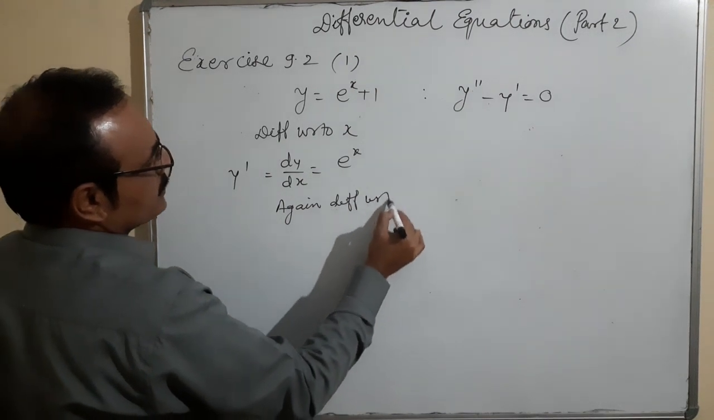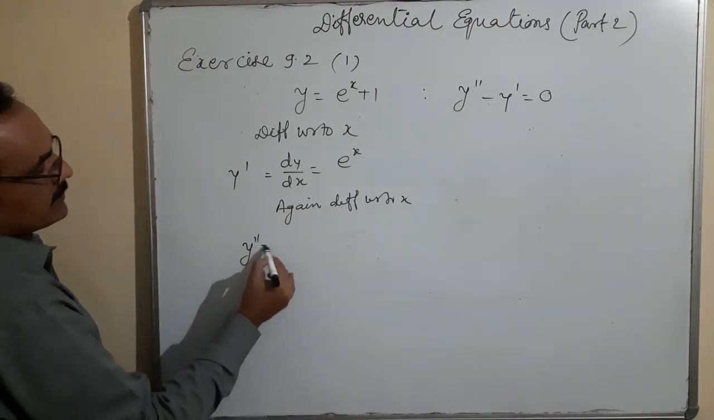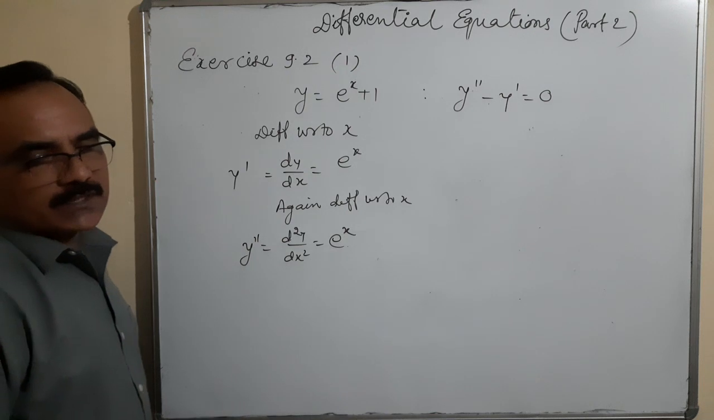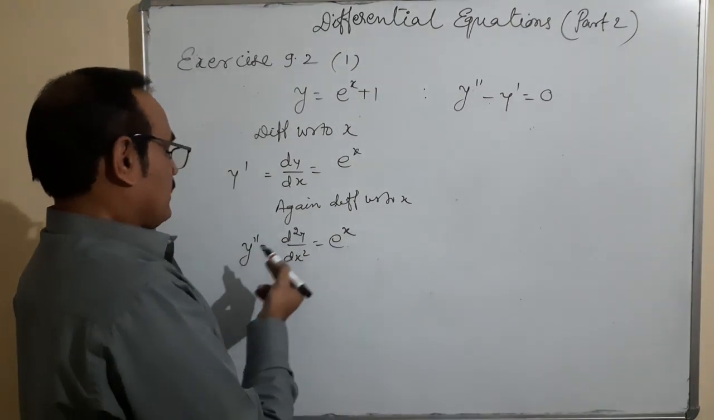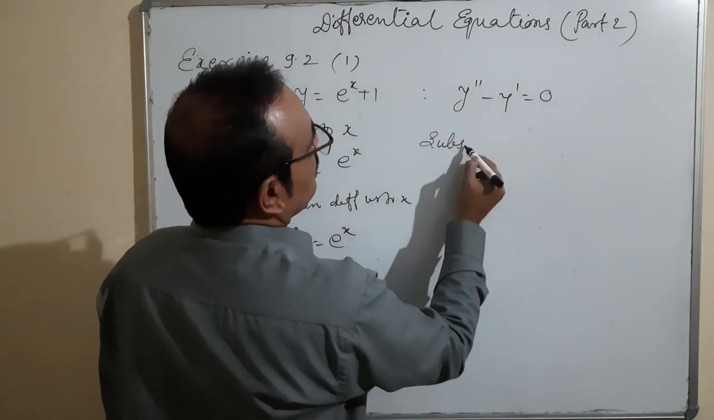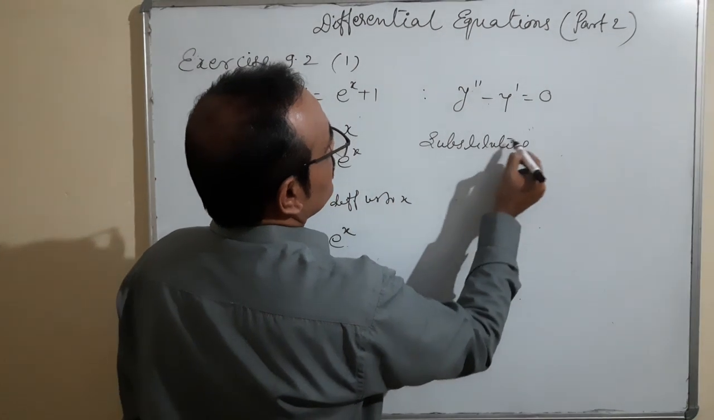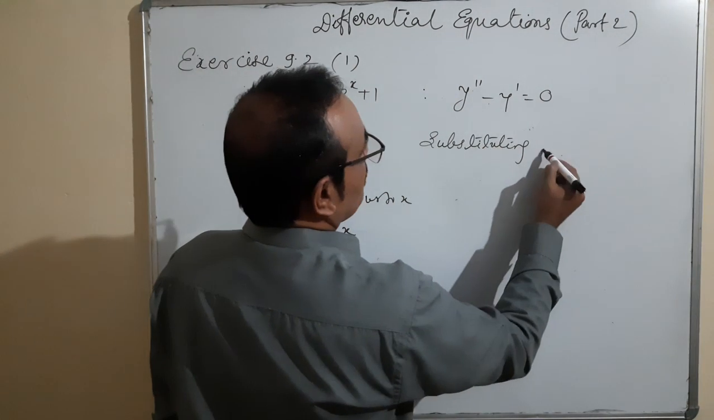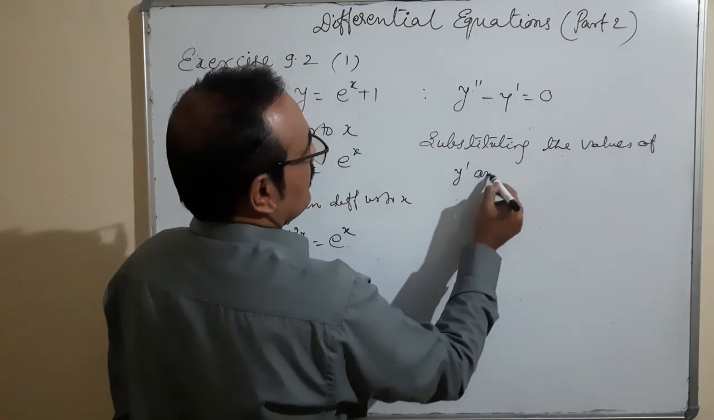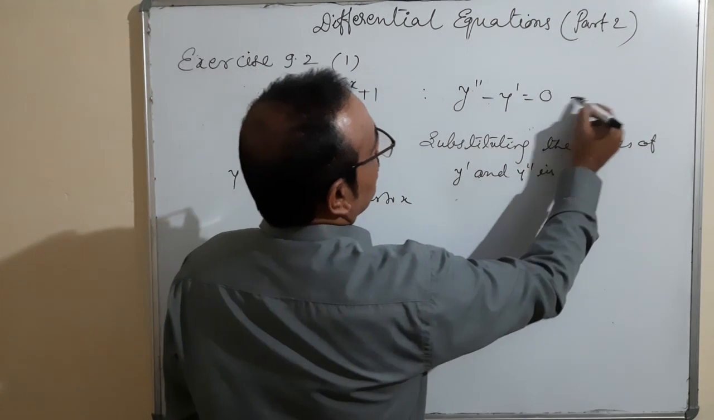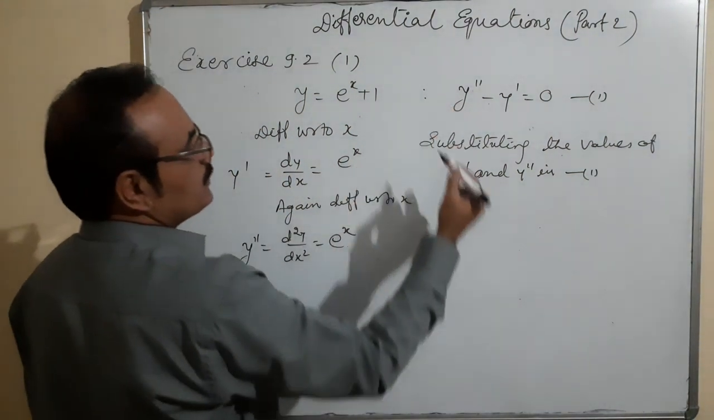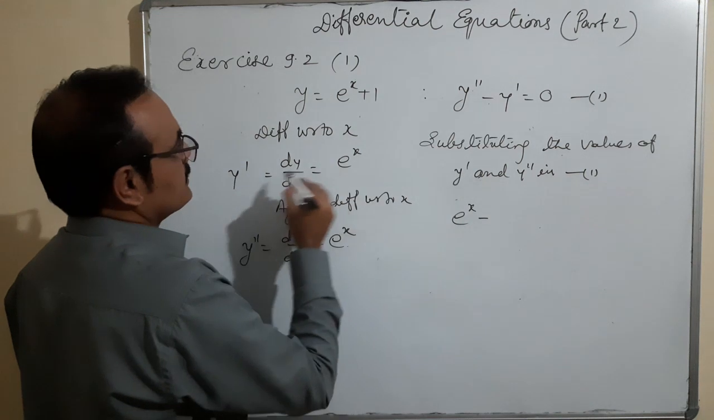differentiate again with respect to x. So y double dash, which is d square y by dx square, is equal to e to the power x, because the differentiation of e to the power x is e to the power x itself. So now what should be done? Substituting the values of y dash and y double dash in equation number 1. So y double dash, e to the power x, minus y dash, e to the power x,